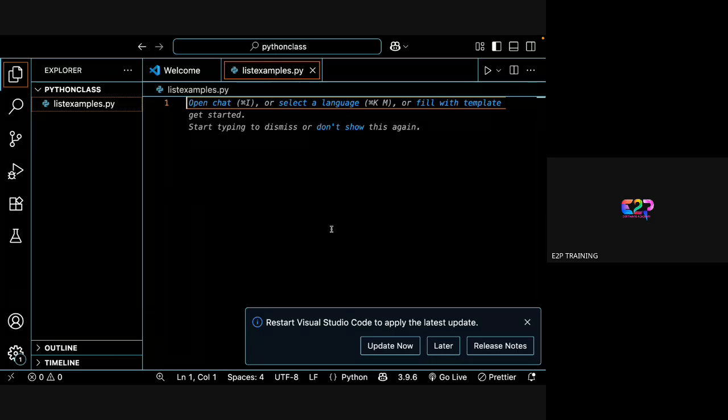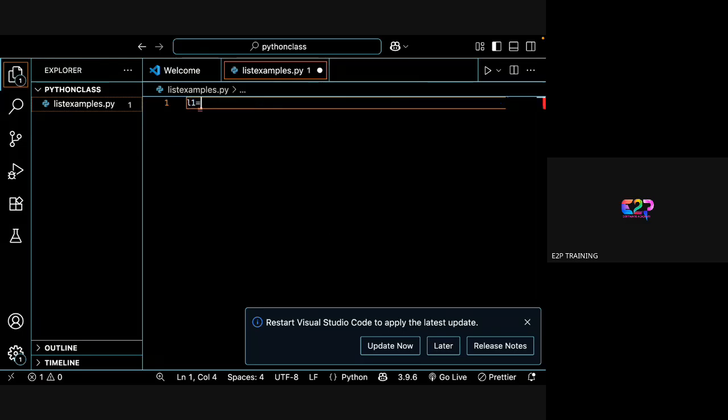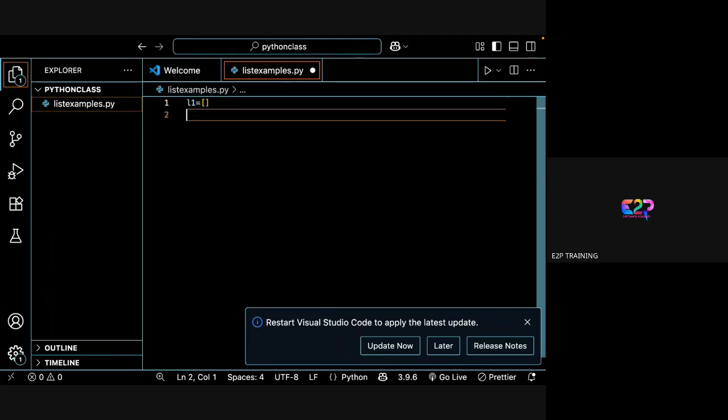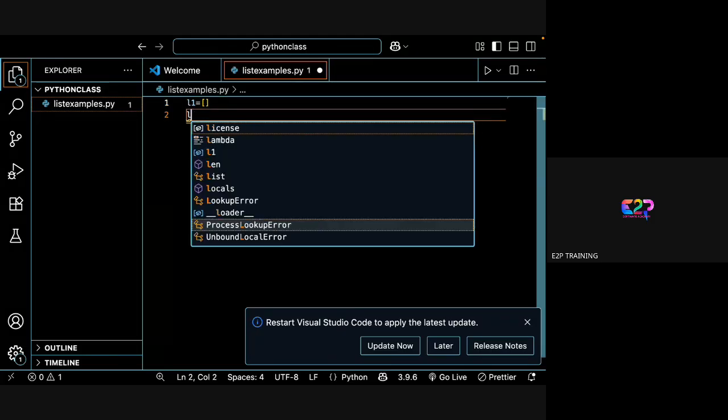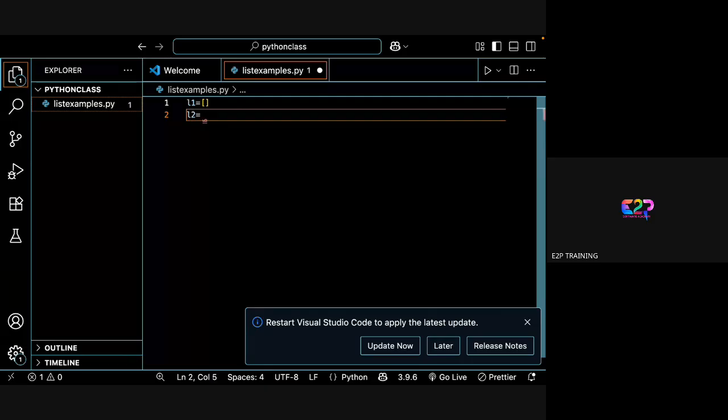So first, as we discussed, how do we create a list? Normally we create using the brackets, right? We create any list simply using, say, L1 is equal to, if you are creating a null list, and L2 is equal to, if you are creating any items like 1, 2, 3, comma